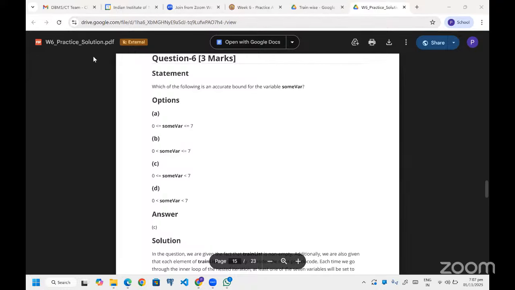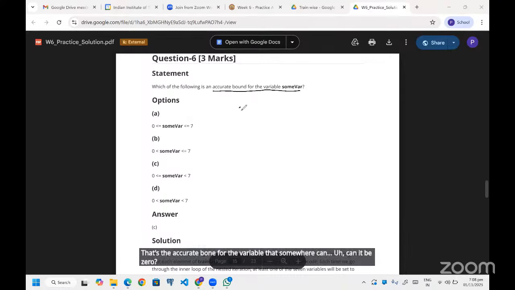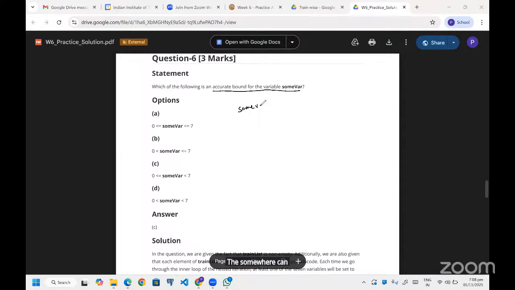And what will be the constraint that variable can have? That's the accurate bound for the variable somewhere. Can it be 0? Yes, sir, it can be 0, because if the train has been reaching on all 7 days.